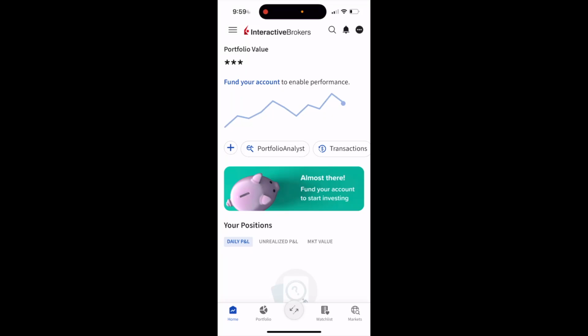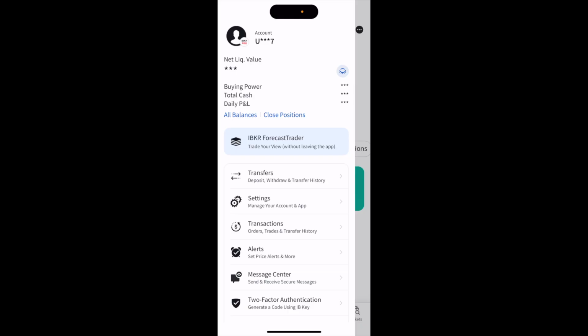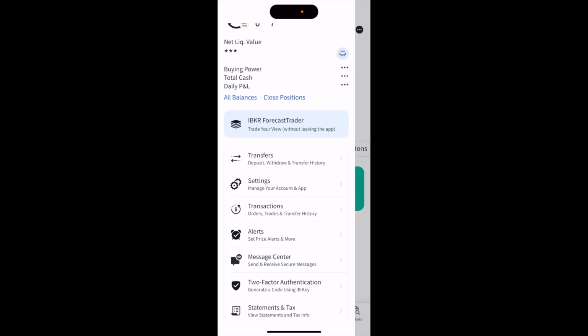So in this Interactive Brokers tutorial video, I'll be showing you guys how to close your account here on Interactive Brokers. So once Interactive Brokers is opened up, I want you to go to the top left and select the three horizontal lines. Once you're on this page right here, just scroll down to where it says Settings and